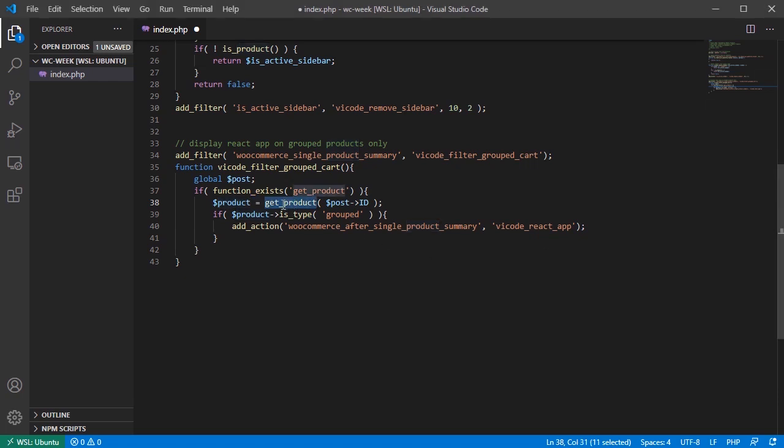I would actually say, let's use here, instead of get product, let's use WooCommerce get product, because this get product is deprecated. I should do that before. Okay, so if product is type grouped, then I add another action to the WooCommerce after single product summary. I add the Vycode React app. So I have to create this function now,